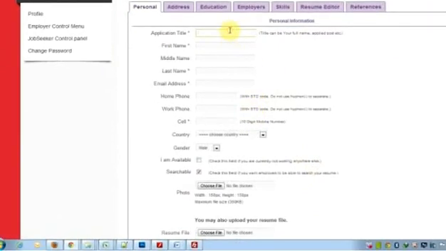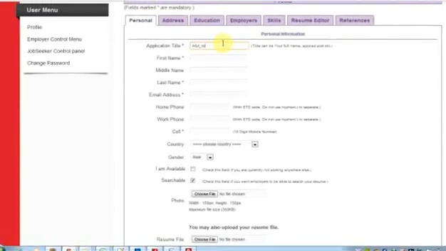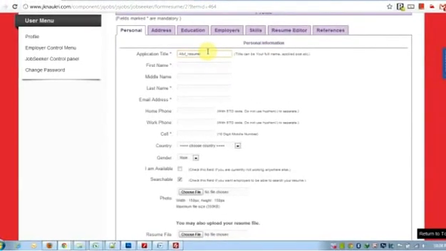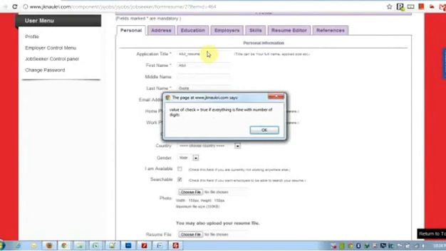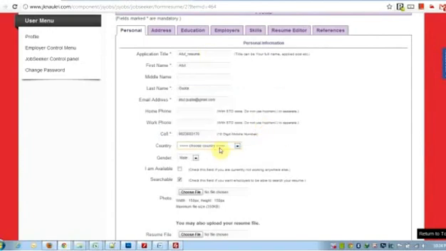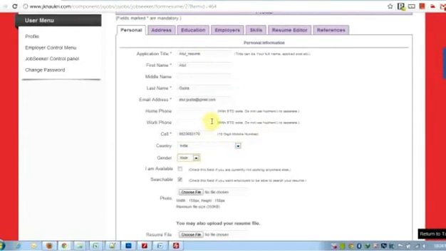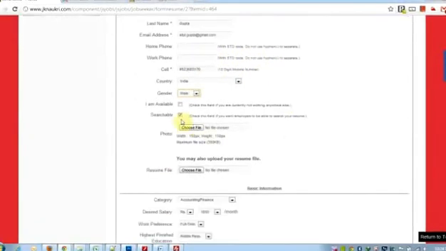Now, application title field, this can be like combination of your name and resume. So it's just a title. You need to fill in all the required fields at least. Cell number, you don't need to append a 0 before that. This was just a validation. So you select a country.